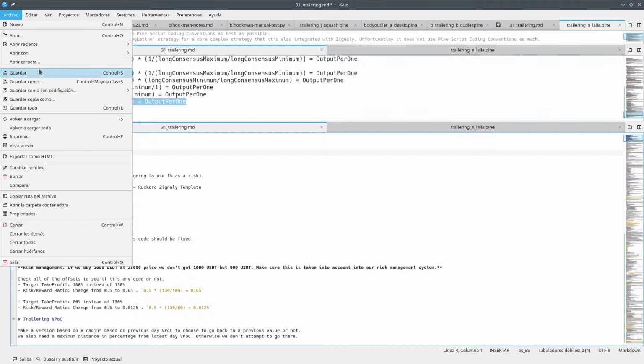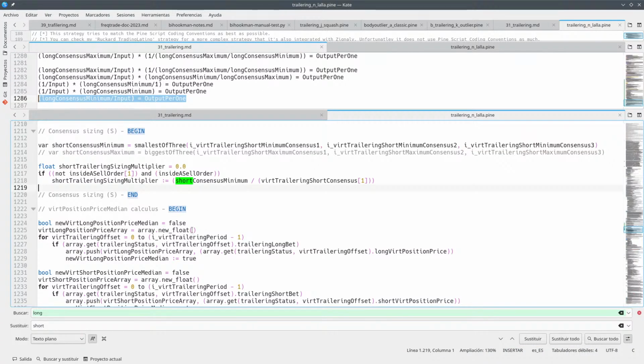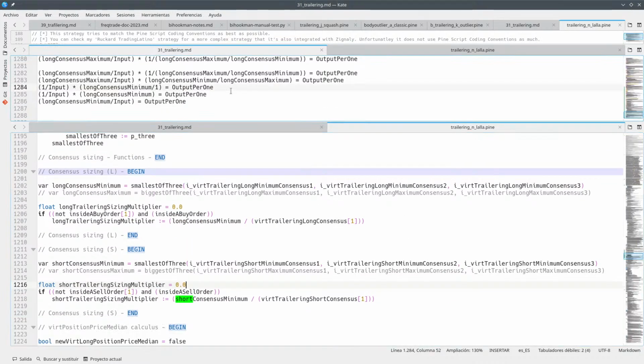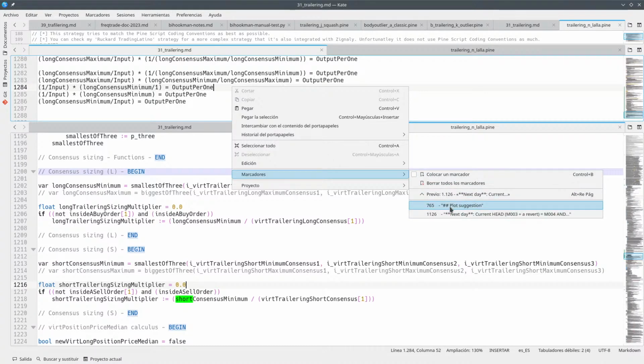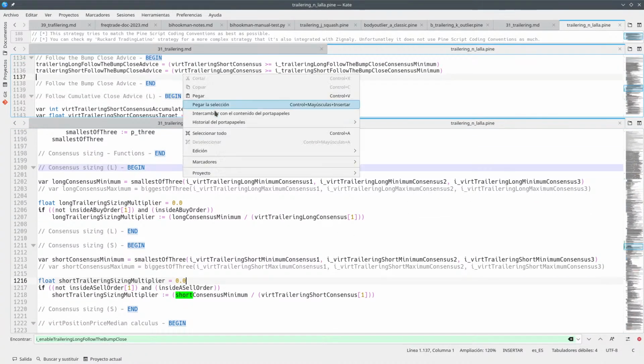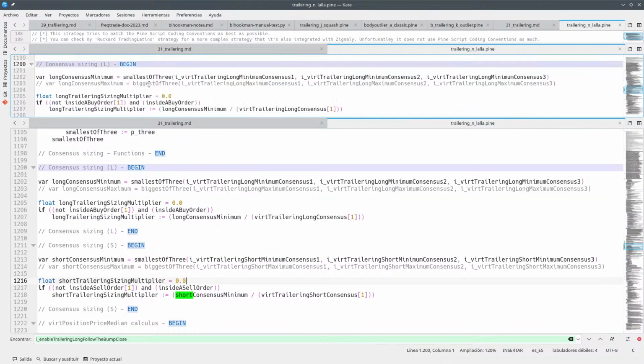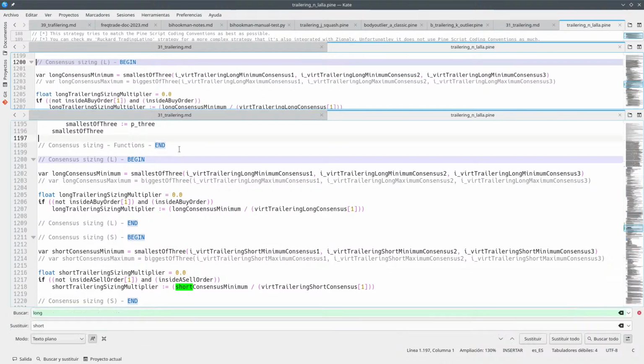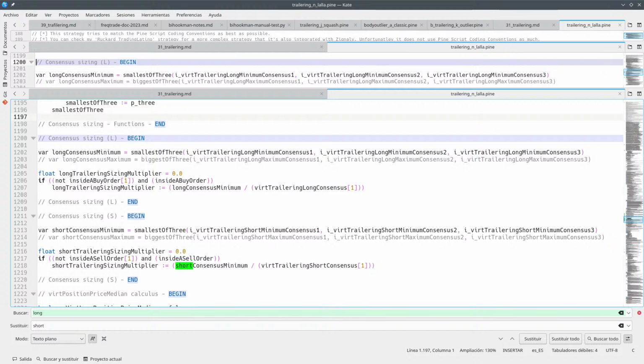Okay, so now we have this multiplier. The question is, does this multiplier always apply, or are we going to have a multiplier in each one of the candles, and that's going to be a problem. So here on the top we can just take a look at this consensus minimum thing, and then let's see if we can